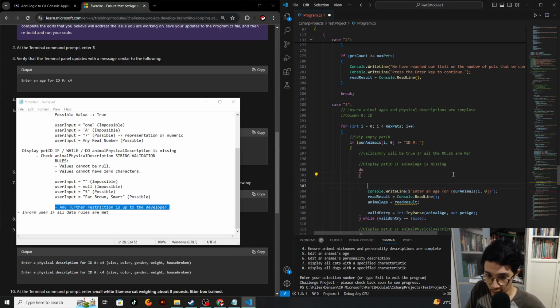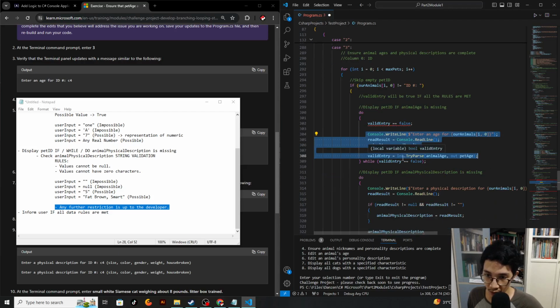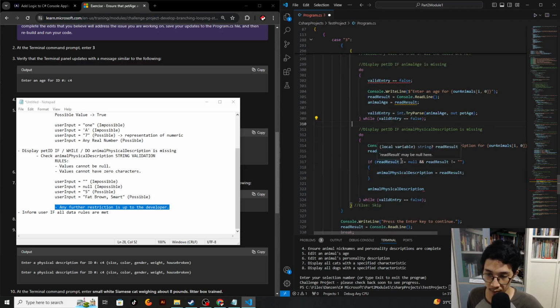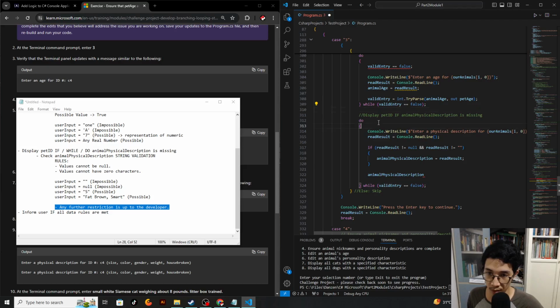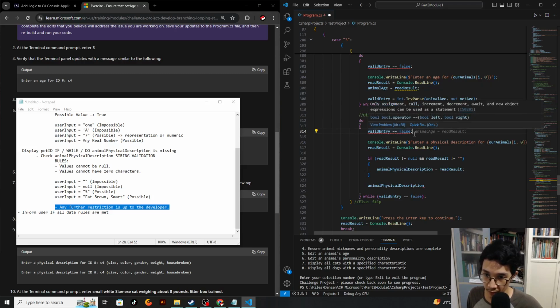So yeah, in the top one, I think valid entry should be false, because it can be true and then it will ignore all of this block of code and get out of the loop, and I don't want that. I want